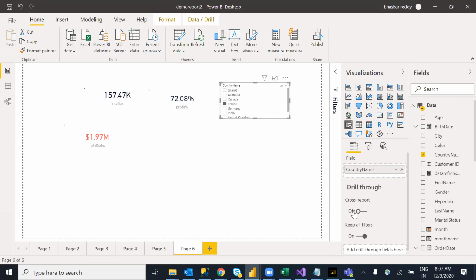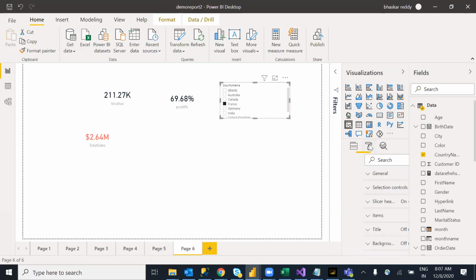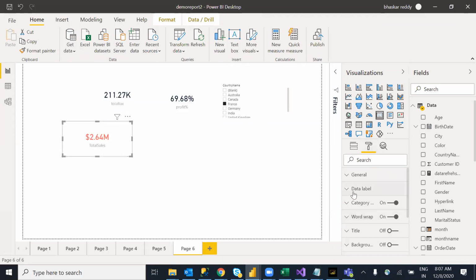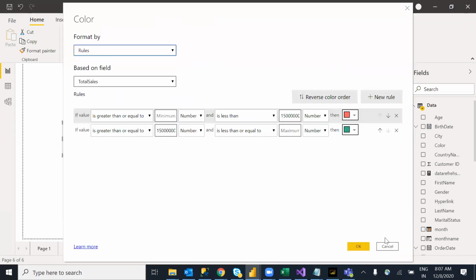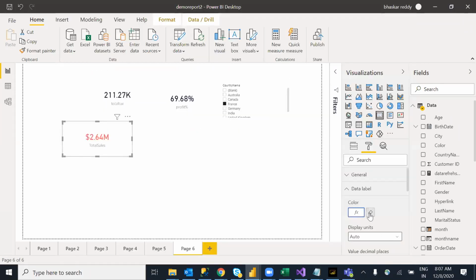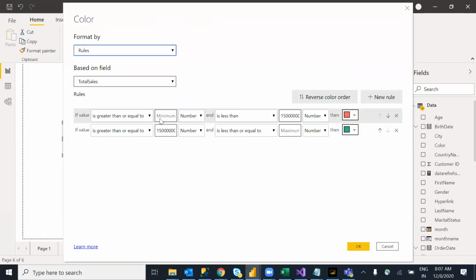Like this, wherever we have an fx symbol, all the places we can see the fx symbol, that means we can apply a property over here. Here we have an fx symbol. If we remove that, it will go off if we erase it. Otherwise, if we have an fx formula, you can use conditional formatting in all the places.